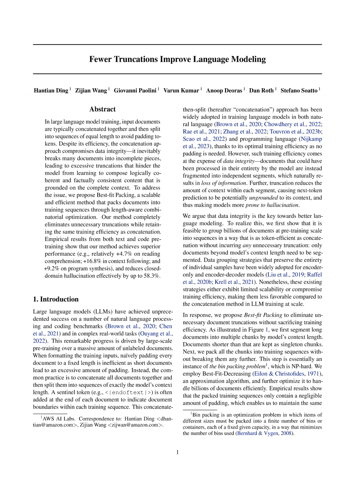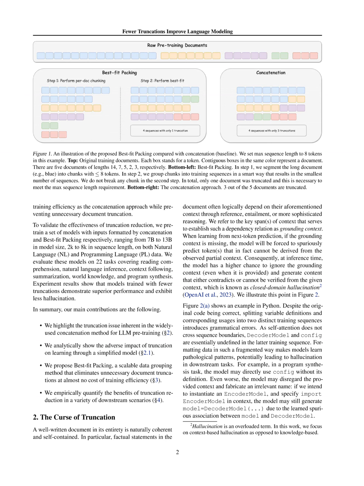This truncation reduces the amount of context available for each segment, impacting next token prediction and model performance. The paper proposes a solution called best fit packing, which efficiently groups training data without unnecessary truncation, maintaining training efficiency while preserving data integrity. Best fit packing eliminates unnecessary document truncations, leading to superior model performance and reduced hallucination in